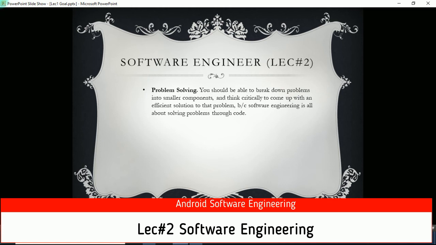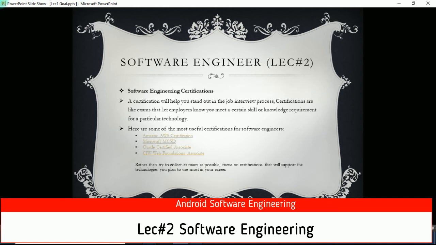Here are some software engineering certifications. Certifications will help you stand out in the job interview process. Certifications are like exams that let employers know you meet a certain skill, language or knowledge requirement for a particular technology. Here are some of the most useful certifications for software engineers: Amazon AWS certification, Microsoft MCST, Oracle Certified Associate, and CIW Web Foundation Associate.